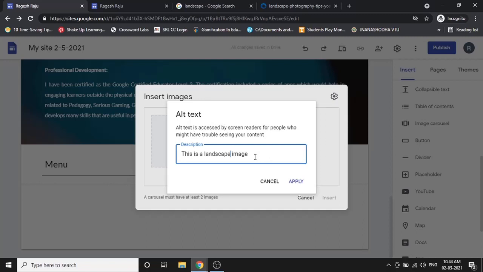So mainly for the people who are having problems with eyesight, they will not be able to see, but automatically the system will read it for you. It will read it as this is a landscape image, so the people will understand this is a landscape image. Or else, in case because of internet issues your website or the image is not getting loaded, this text will be displayed there whenever you give an alternate text.